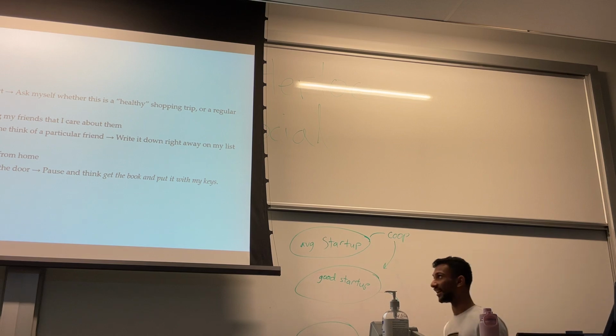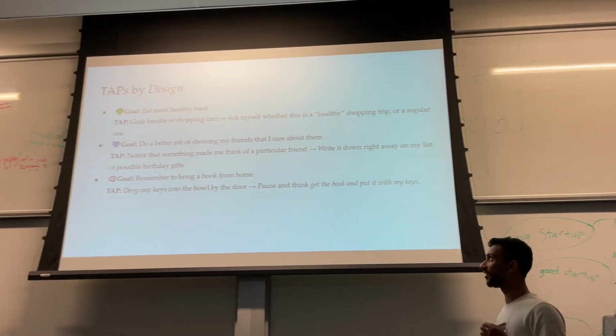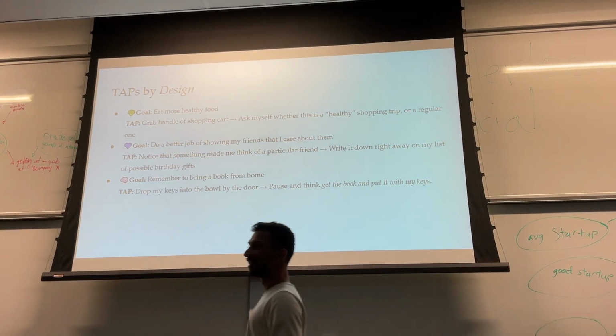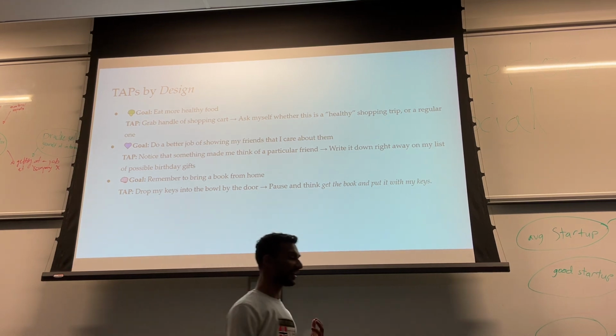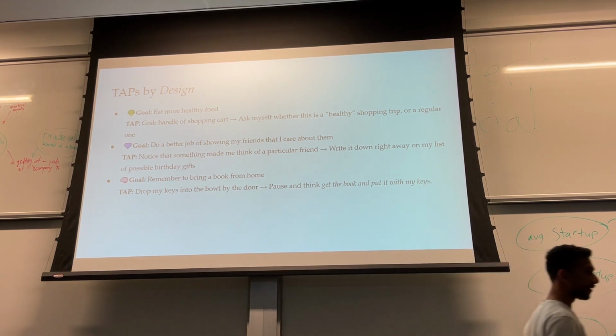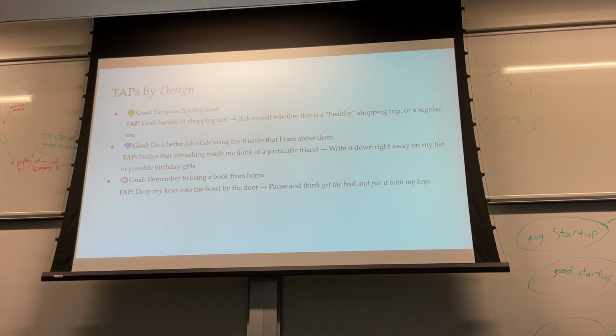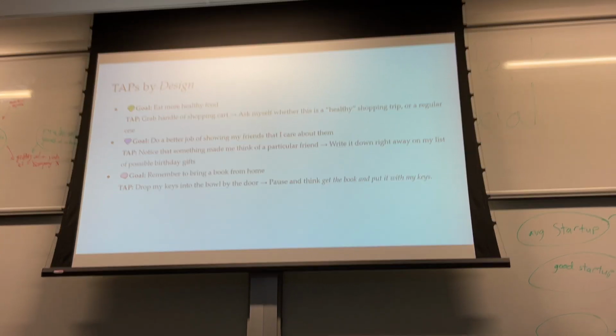So what we want instead is to make trigger action patterns or plans that are very intentional and well designed. One example is if you want to eat healthier: when you hold your shopping cart, you could put yourself into the habit of asking whether this is a healthy shopping trip or a regular one. To be honest, I don't think this is a great example because I'd struggle with remembering this kind of thing. But the other thing to notice is that